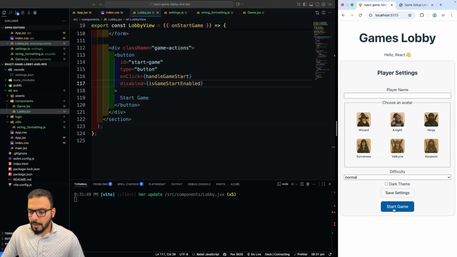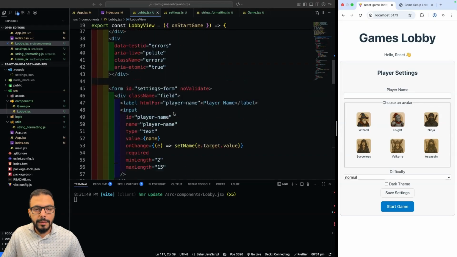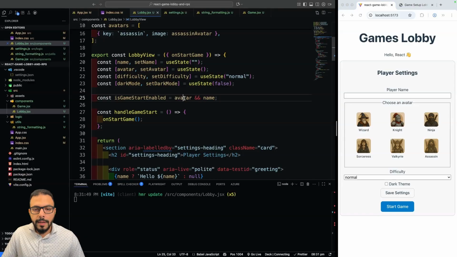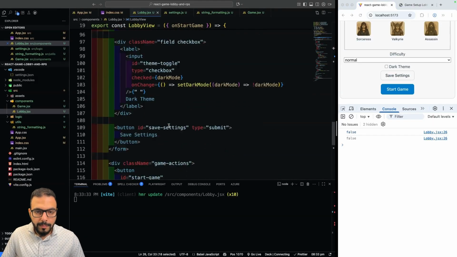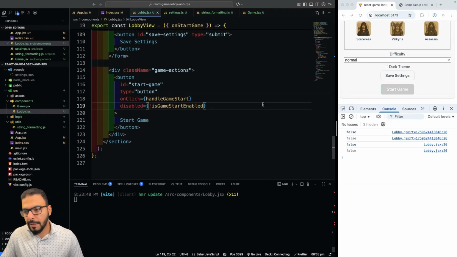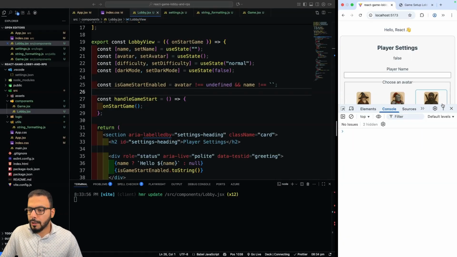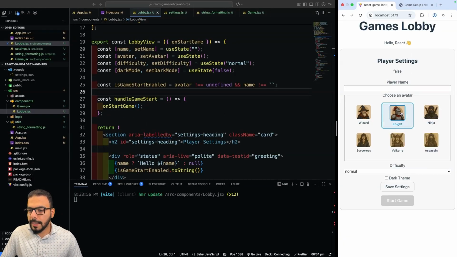Now it looks like it was enabled even though it shouldn't have been. Let's see, did I do something wrong here? Avatar and name. Oh, I have the opposite. So this should be, if it's not enabled, then it should be disabled. Here we go. Now the button is disabled, and it should only be enabled once I have selected an avatar and provided a name. Now I'm able to call start game. If I hit this here,